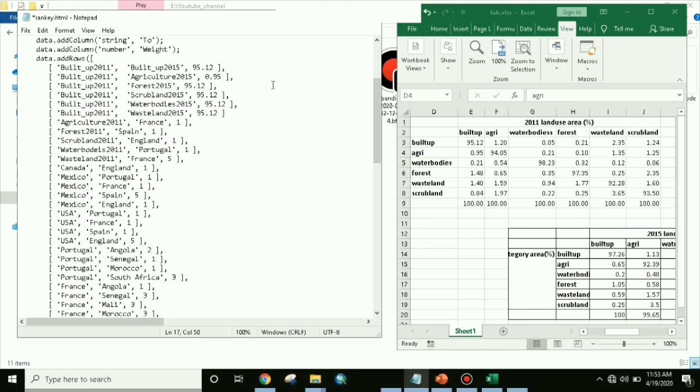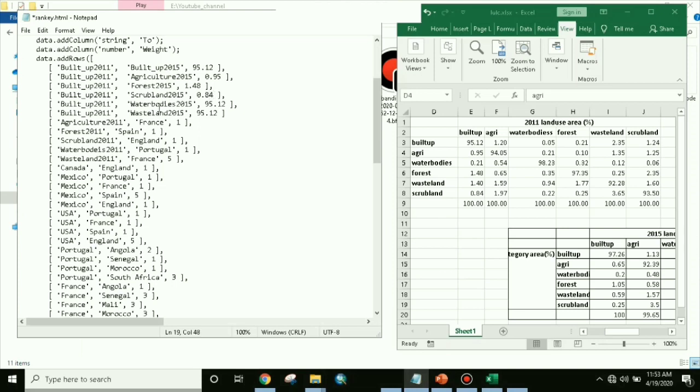Now from built up to forest, sorry, you have to focus on forest, 1.48, so 1.48. Now from built up to scrubland, so here is the built up, here is the scrubland, 0.84.